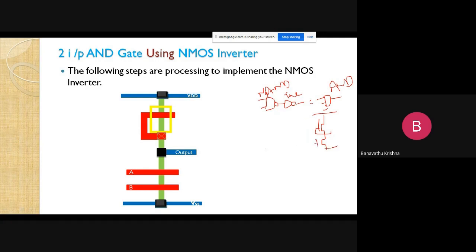This is the input here. Now you want to make the input here. The output of the NAND gate is given to the input here. Then only it performs the AND gate operation, right? Let us see here, another metal layer.